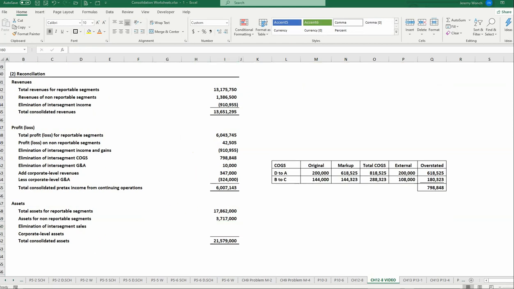We want to eliminate the intercompany assets, and so what that is going to be is we need to eliminate the gain on the assets, plus that extra $10,000 of depreciation, plus we need to eliminate